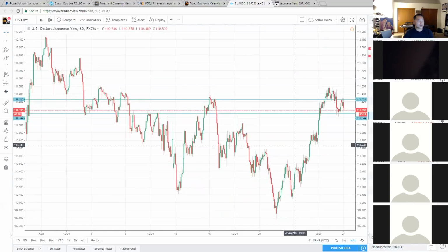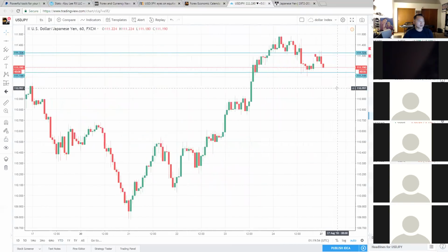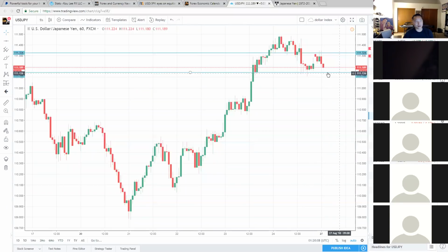For me, like I said, to buy UJ at the support price, I'm not using indicators. So if this candle actually does come down and shoot down, we have 39 minutes left of this 1 hour. And if it actually comes down and shoots lower,